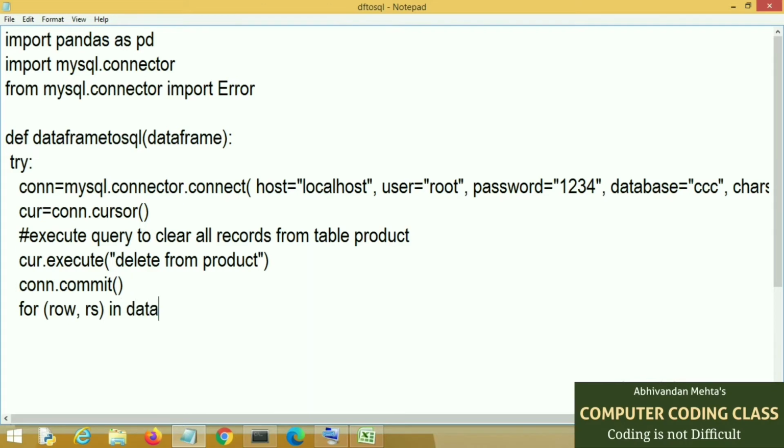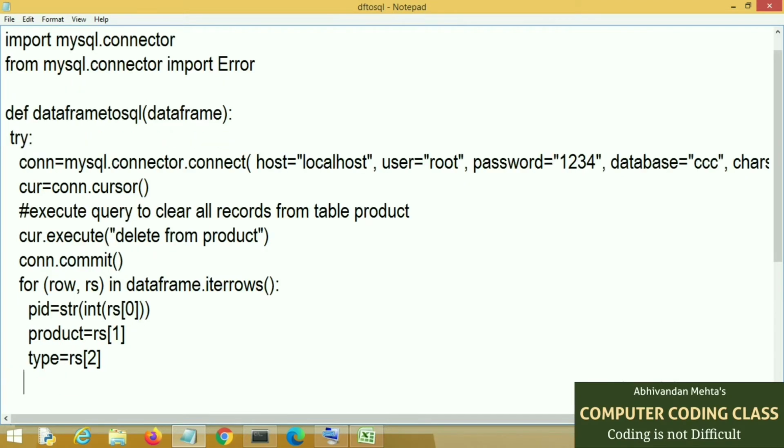Then commit means permanent saving of data. Next we are using a Python pandas for loop to transfer data from the data frame to different variables. Here we are just breaking each row into different columns so that we can transfer these columns to our database table.